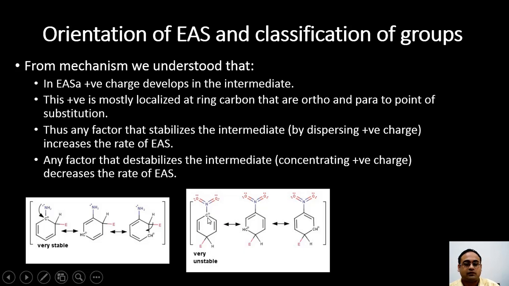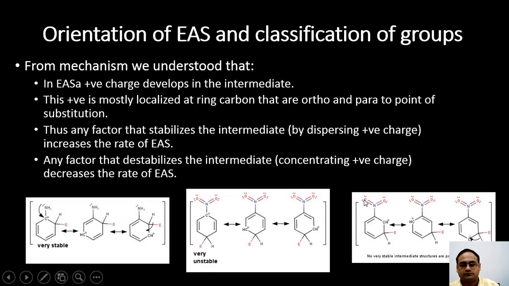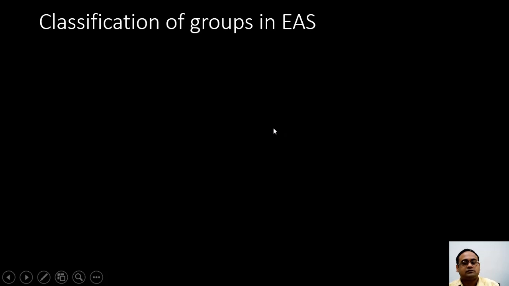That means it will further increase positive charge on this carbon, and it will lead to a very unstable intermediate, and therefore it will decrease the rate of the electrophilic aromatic substitution. A similar thing will happen if you have a carboxylic group, or if the substitution is taking place at the meta position of the nitro group, that this does not enhance the rate of the reaction, because none of these structures are very stabilizing. So based on this dispersal and stabilization of the positive charge that develops in the intermediate,